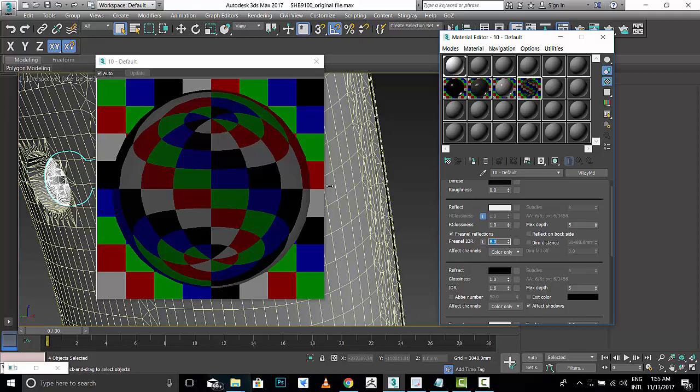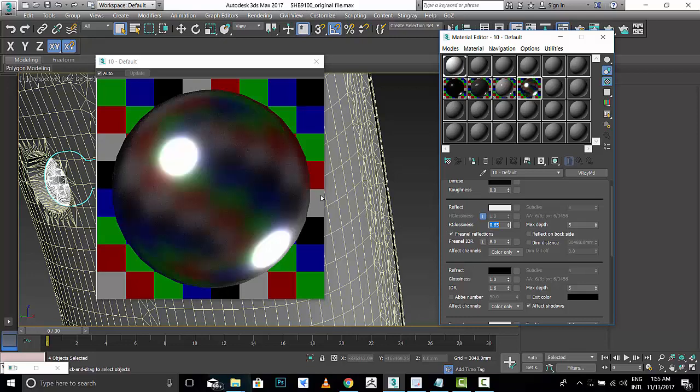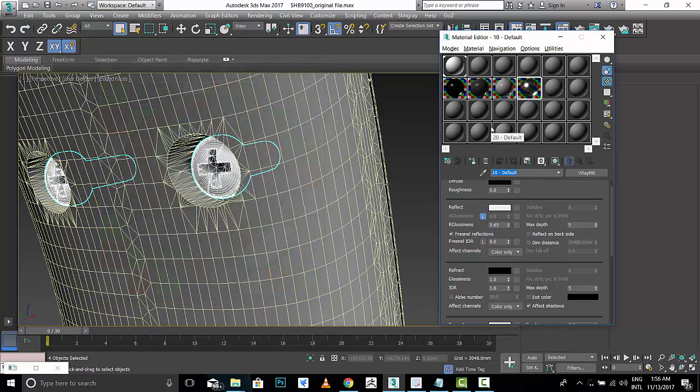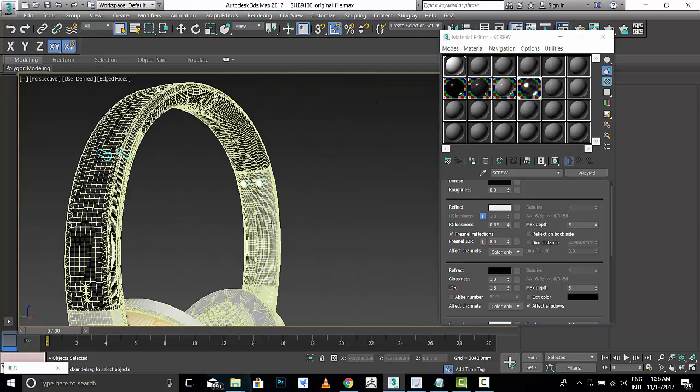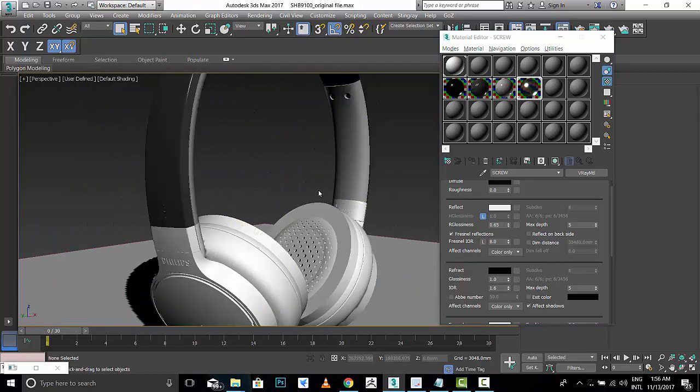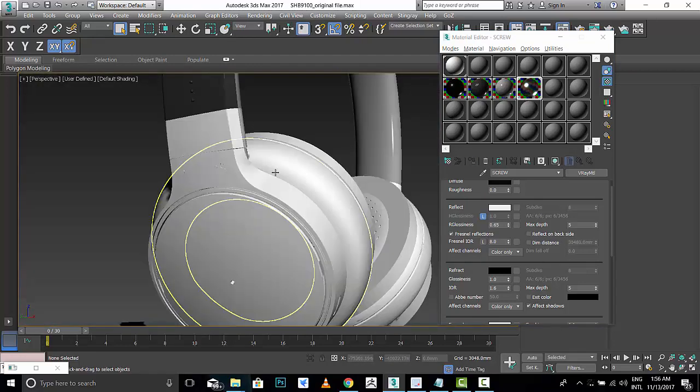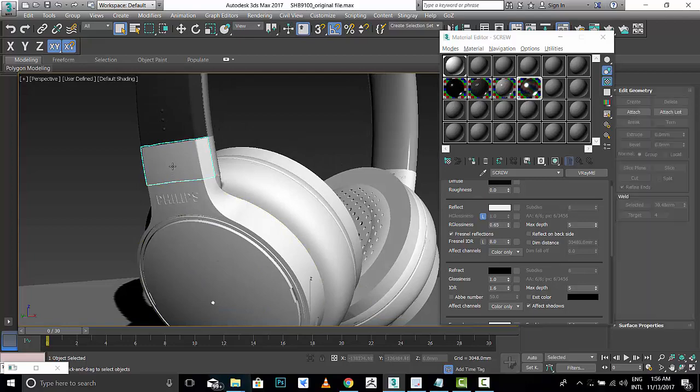All right, but it doesn't matter. If we go to here, reflection glossiness, and we reduce this down to 0.65, then basically it becomes something like what we liked. All right, so closed, and this I'll select screw. Okay, and I'm gonna click that assign material to selection. Okay, cool. All right, so for the next part,